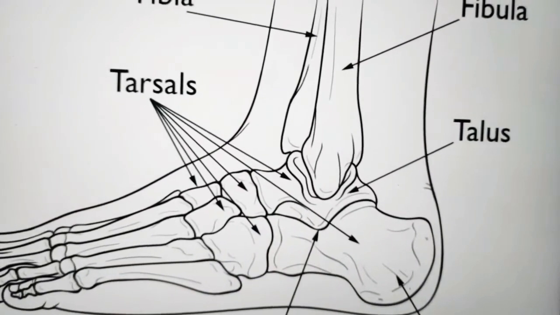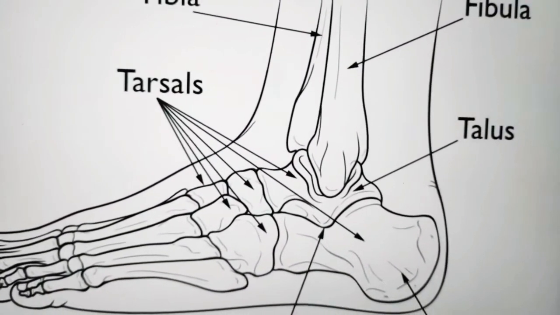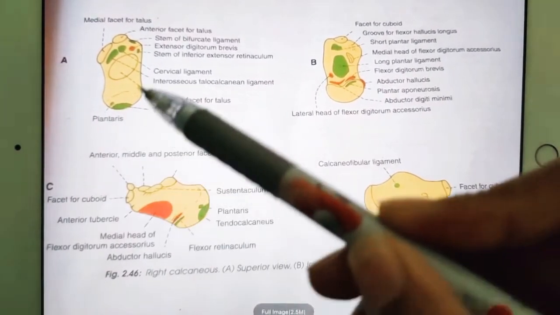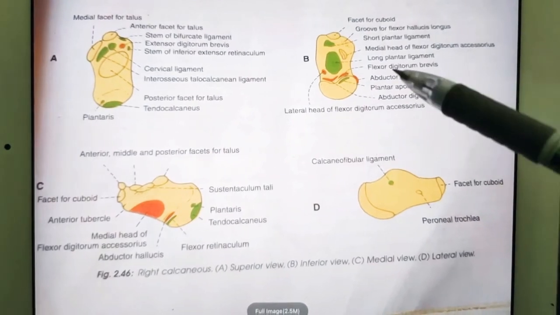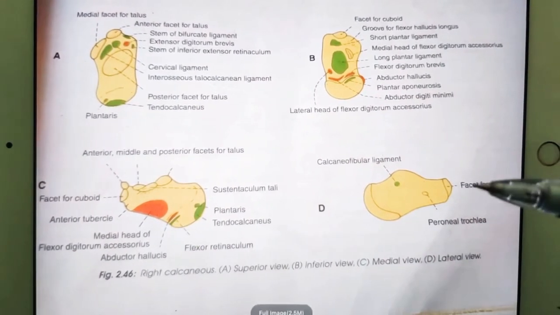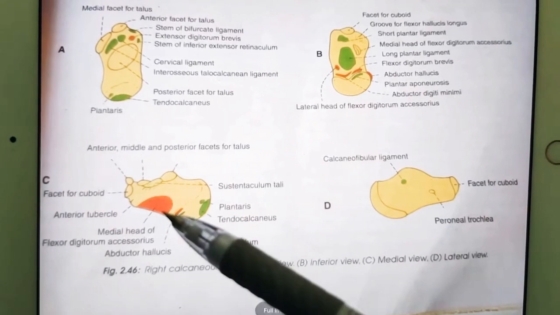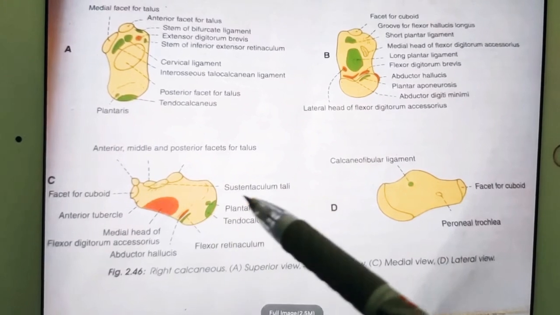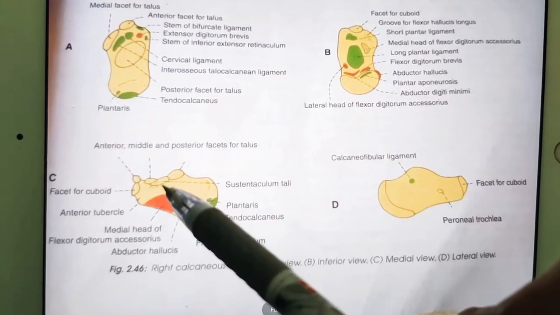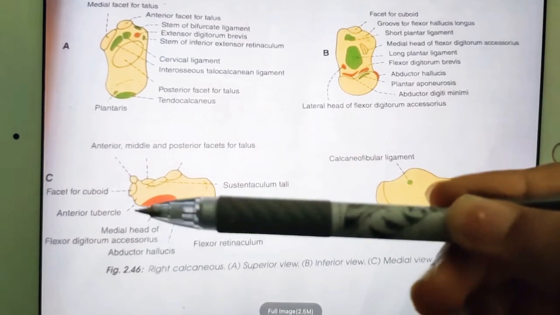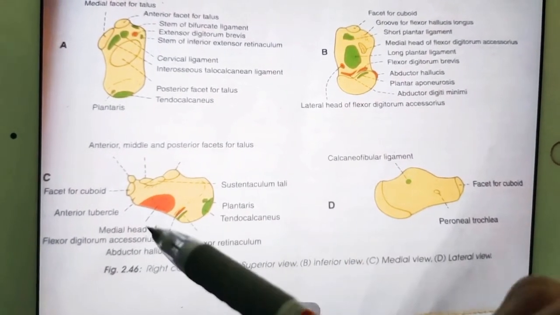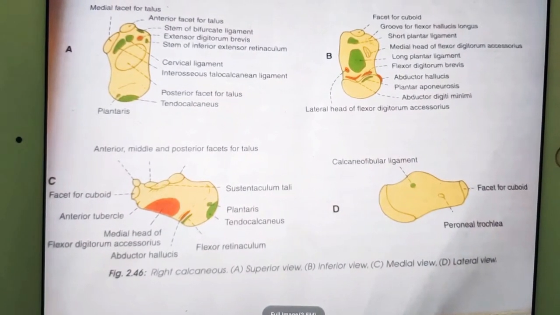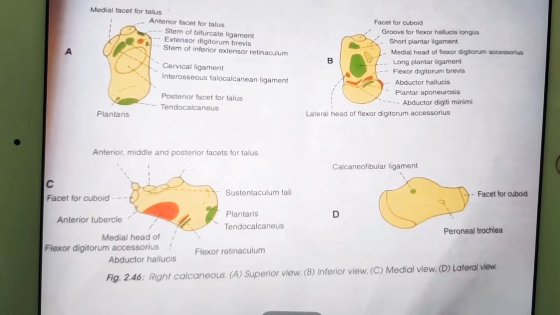So to understand the features of calcaneus, we will move on to the other diagram. Here in this diagram we have different views of calcaneus. You can see this is a superior view, this is the inferior view, this is the medial view, and this is the lateral view. As I said, on the medial side you will always have the sustentaculum tali. So remember that. You can see here it's mentioned sustentaculum tali. If this is present on the medial side, then you can find out the side. Actually this is the diagram of the right calcaneus. So on the medial side, on the right side, you will have this sustentaculum tali.